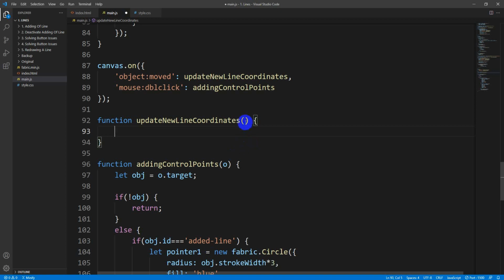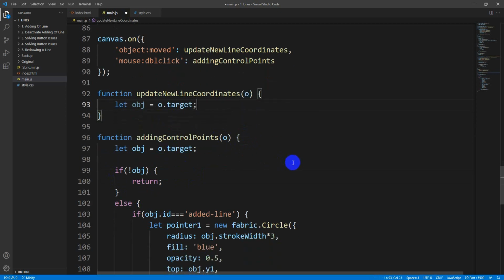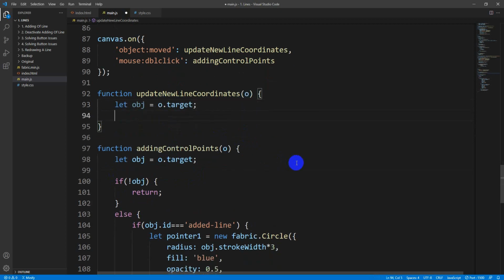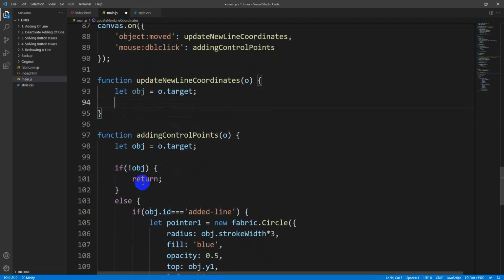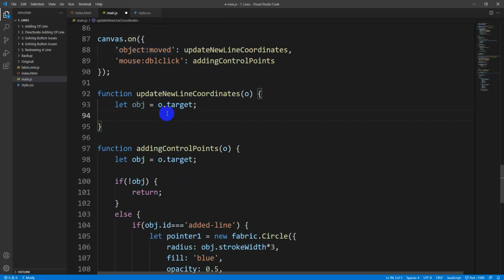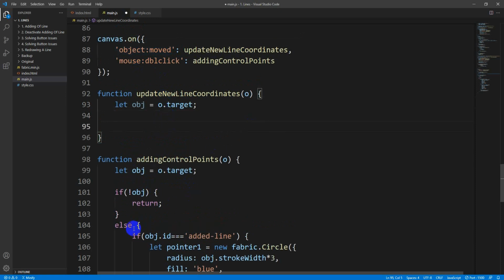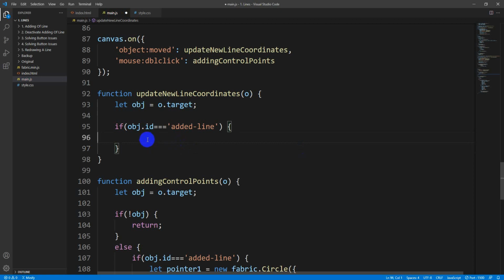What we can do first is to add a parameter, and for this parameter we say let object equals o.target. Since it's object move, we don't need the condition for if there's no object, because this object move event only fires when we have already selected an object. So we need to add this condition instead: if the object's ID is this,